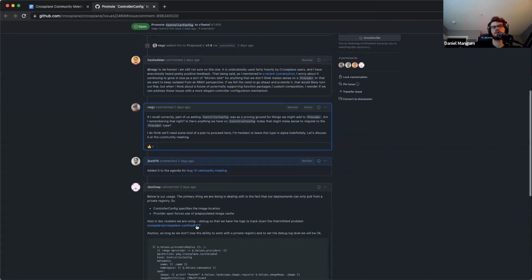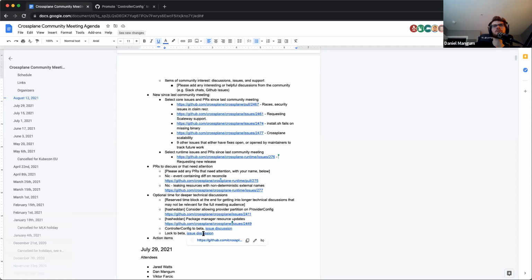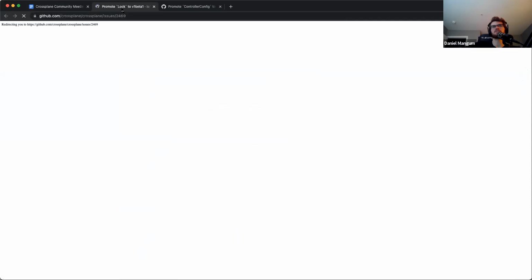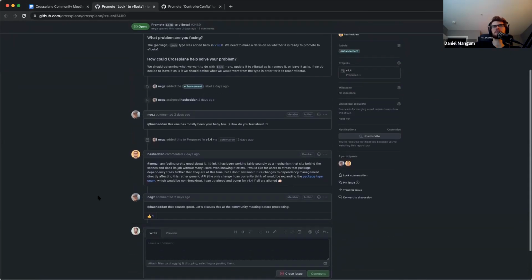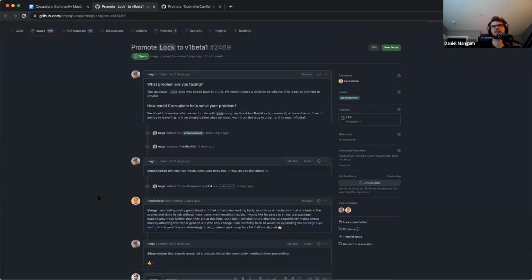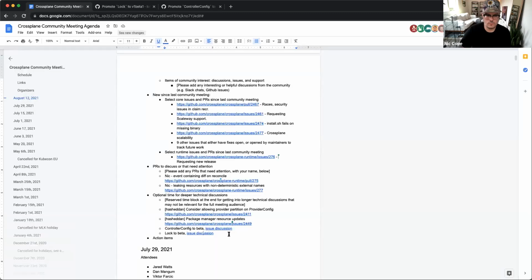I have concerns about controller config that really are difficult to back up, because it is being used successfully by a lot of people, but I just have concerns about this catch-all resource, I guess. So I don't know exactly what you wanted to cover for those, Nick, but I'm fine to take those offline too. For these ones, I imagine few people have opinions about Lock, but controller config, I would like to get community input on how they feel about the API, what they'd like to see changed, if anything.